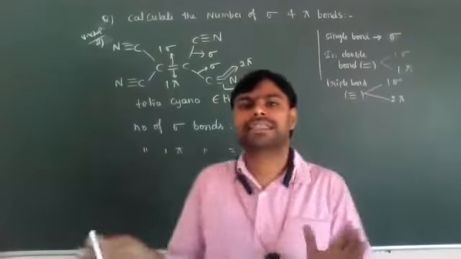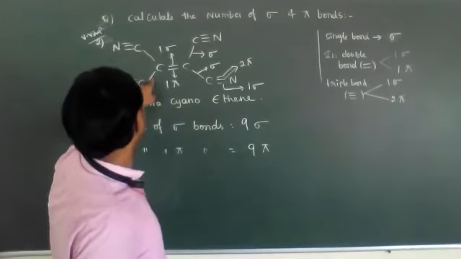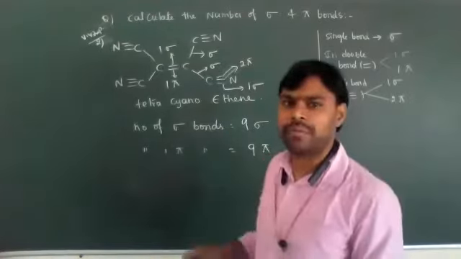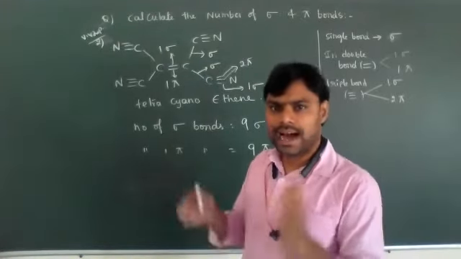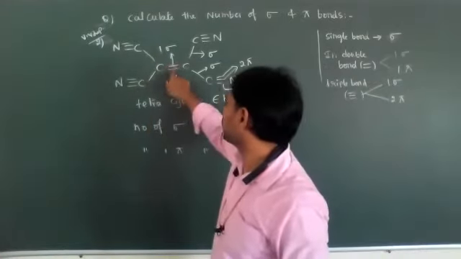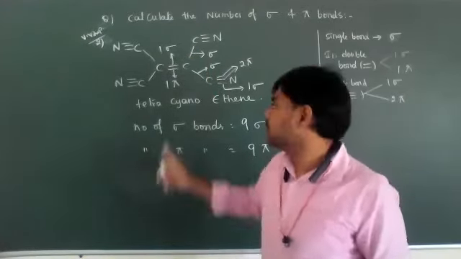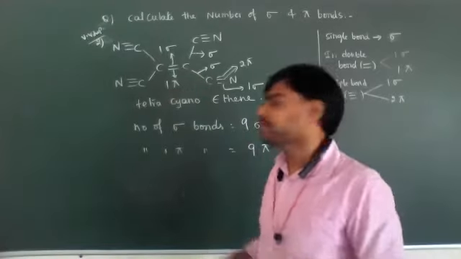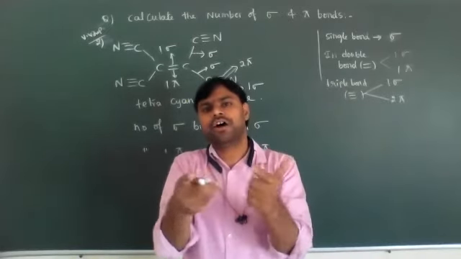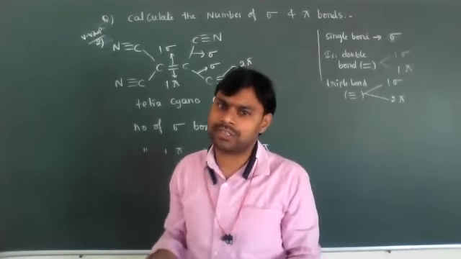Okay students, this is open chain compounds. In open chain compounds, for example, 1, 2, 3, 4, 5, 6, 6 carbon atoms are present. How many carbon-carbon sigma bonds can they form? 6 carbon atoms in an open chain can form 5 sigma bonds only, 1, 2, 3, 4, 5, because 6 minus 1 is equal to 5. If it is cyclic, that means 6 carbon atoms are arranged in a ring, then how many carbon-carbon sigma bonds will form? 6 only.